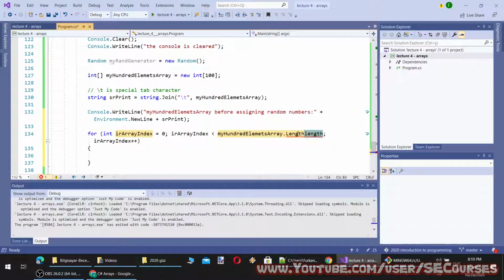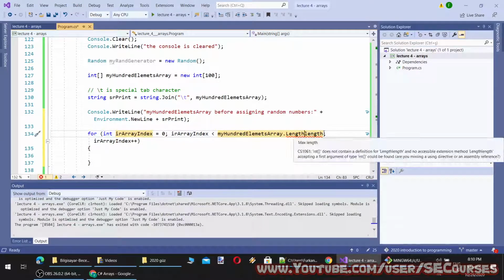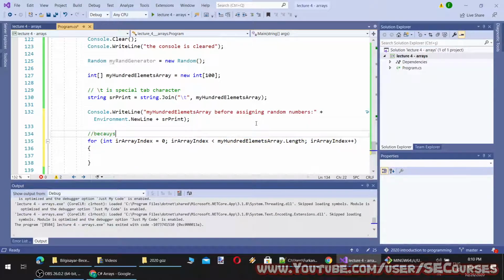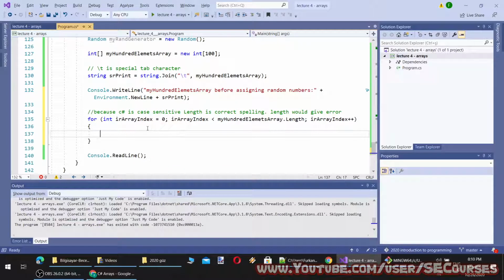You see, Length and length are different because C# is case sensitive. So now I have a for loop.